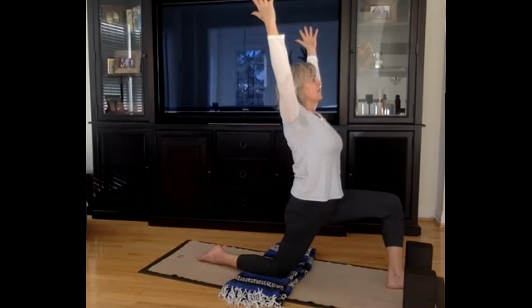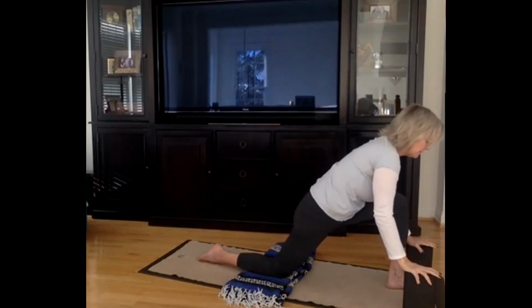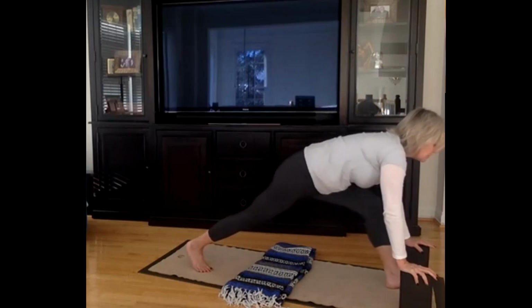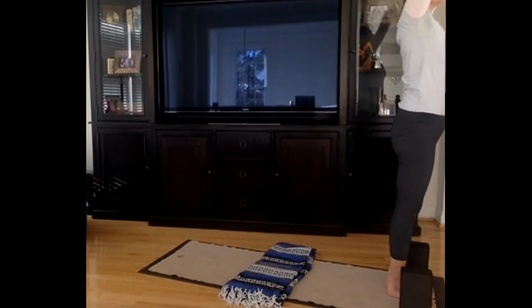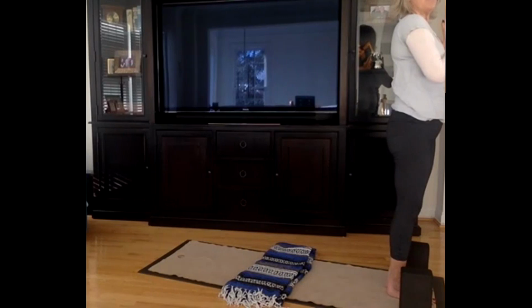Taking one more inhale here. And as you exhale, bringing the hands back to floor or prop. Tuck the toes under, lift that right knee off the ground. And with your next inhale, bring that foot forward, bend those knees, rise up, reaching high. Palms may press together. Exhale, hands to heart. Nice. All right, we've got one more variation on this lunge, and that's going to involve a rotation of the